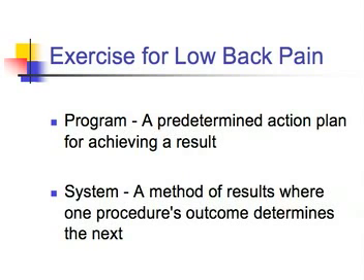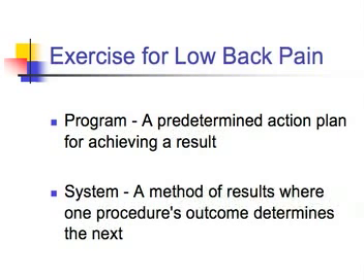Now, what I want to explain today is that there are two different ways of achieving a result, and as you can see on the screen, one is a program and one is a system. A program is a predetermined action plan for achieving a result. The person who has written the program hasn't necessarily taken the person into consideration,